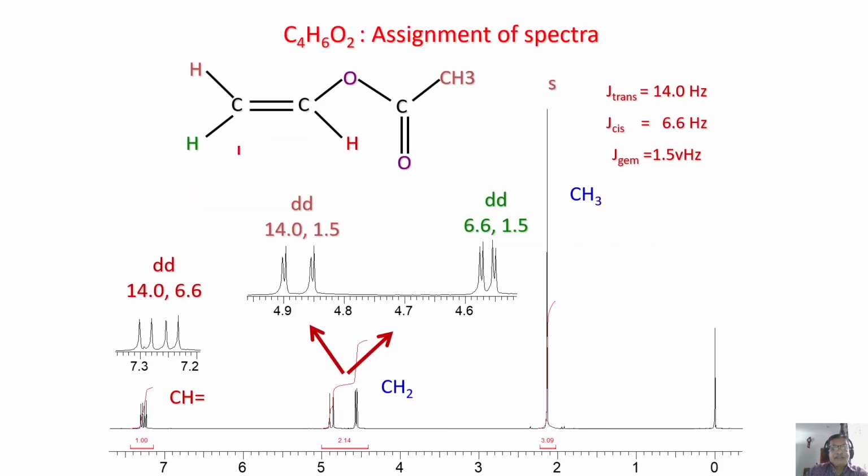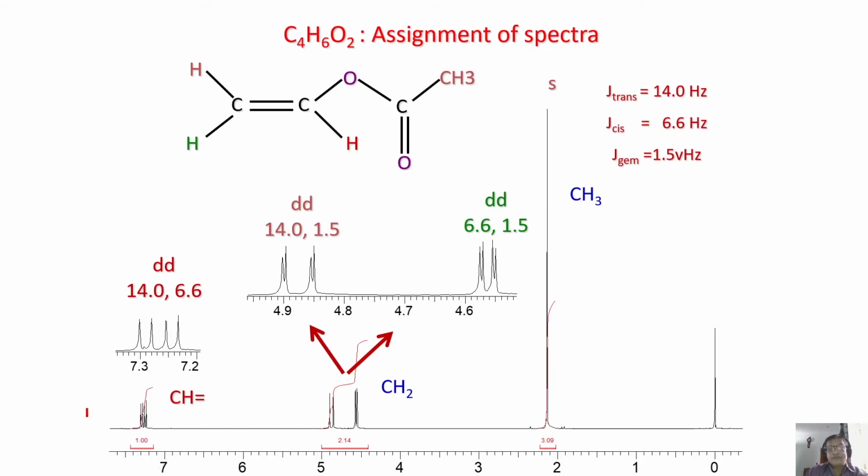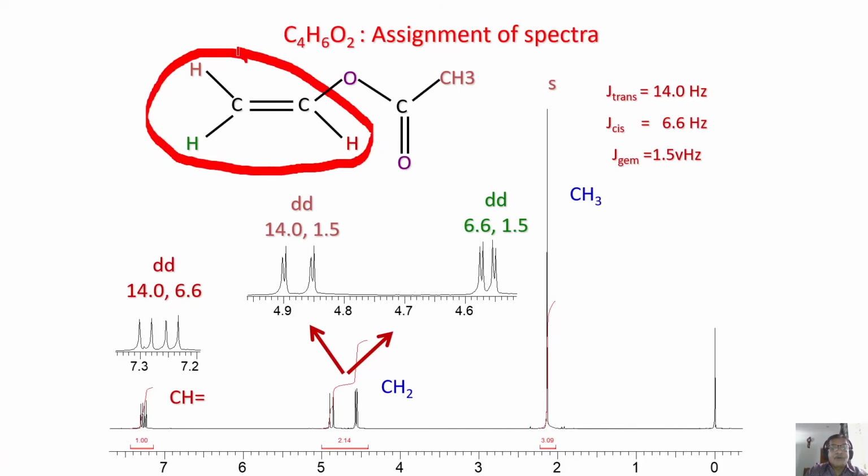Now this is a simple example which we were discussing earlier. Look at this molecule, C4H6O2. There are 3 different types of protons here, and one CH3. OCH3, I mean C double bond OCH3, is very easy to assign. It is a single peak, you get it here, and the intensity is 3. It is a singlet. No doubt about it, you can assign. Now your assignment should be for these 3 protons. How do you do it?